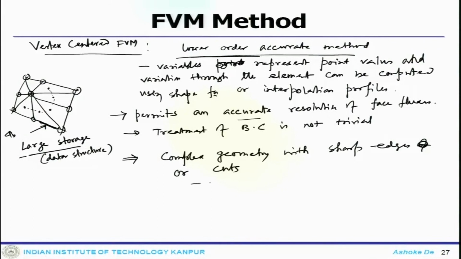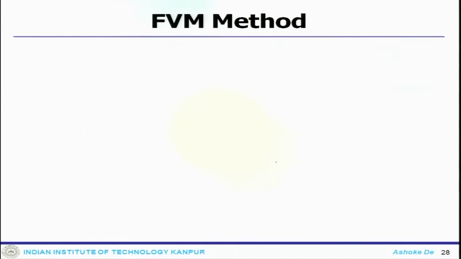So, if you have that kind of situation, then this vertex center arrangement is not very healthy. Overall, if you look at this particular arrangement, it does not give you too much of cost effective algorithm compared to the other one. Now, if you look at the cell centered,